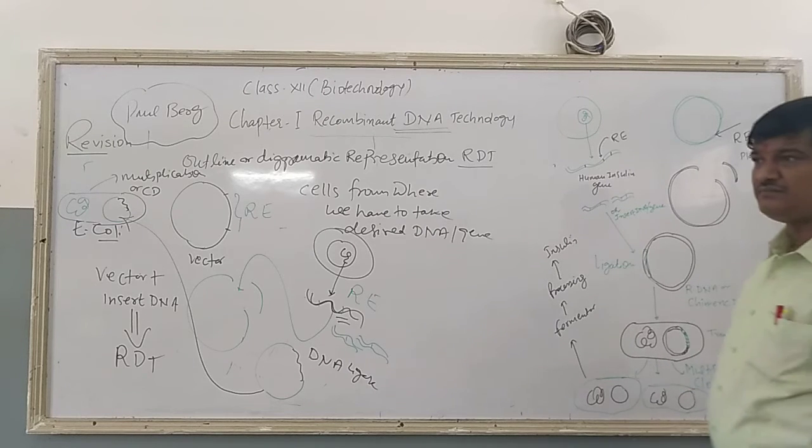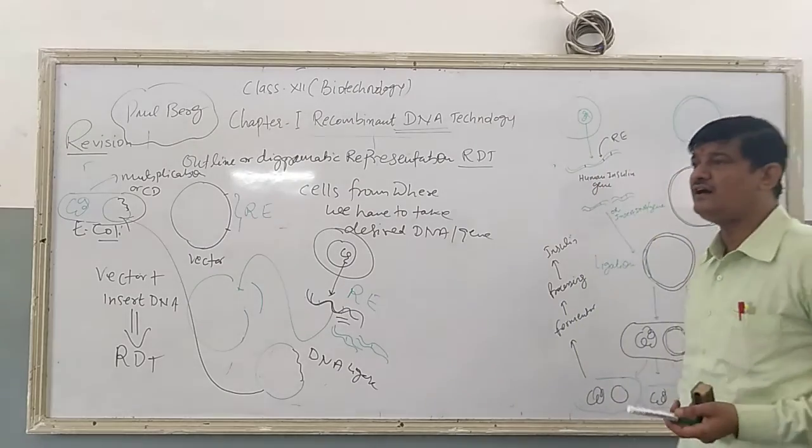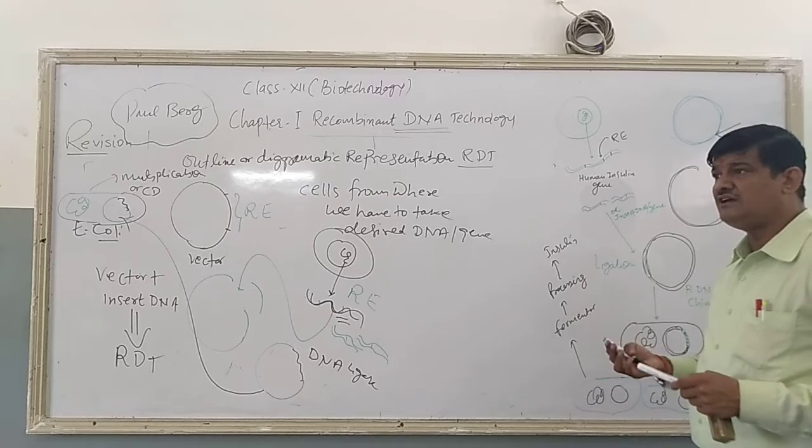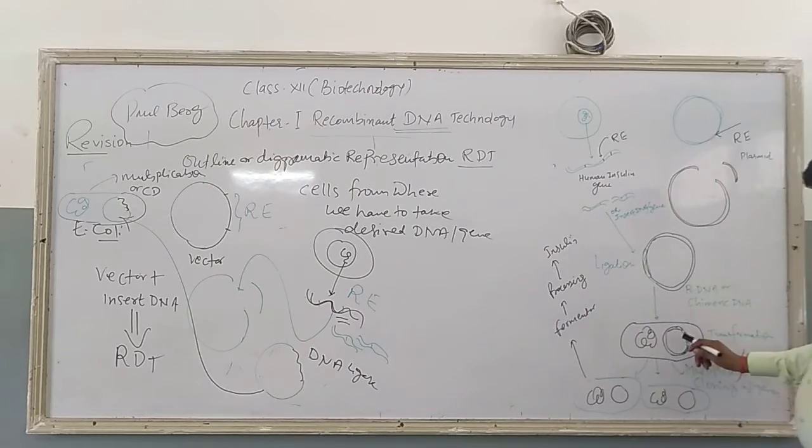This is known as transformation. You must know the meaning of transformation. Transformation is a process of changing the gene of an organism by inserting a piece of DNA. Here you can see this green one is the additional gene apart from the genetic material of the plasmid. So it is the transformation.